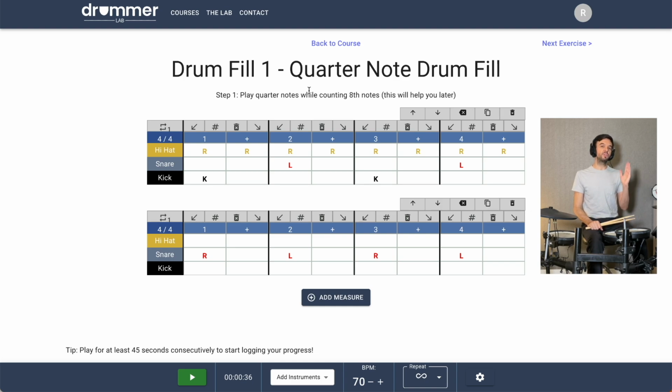And also, if you're used to playing 3 measures of the beat and 1 measure of the fill, you can change that by going to this section here and selecting how many times you want to repeat that measure. So those are all helpful tools because the goal is also that you come up with your own orchestrations and your own ideas. So now that we play this on the snare drum, we're gonna move on to our